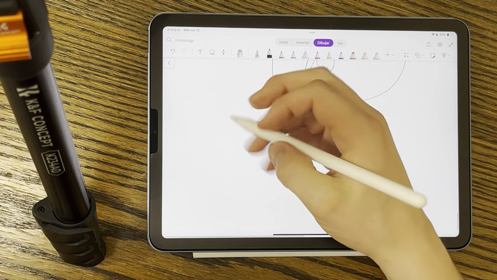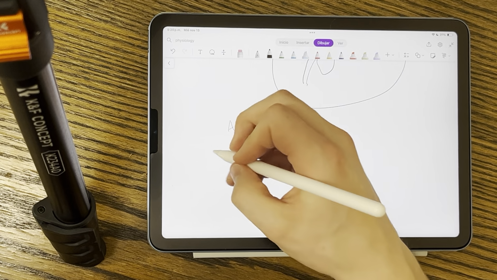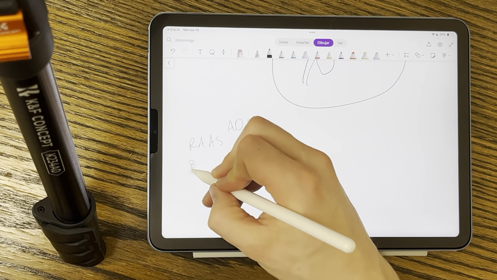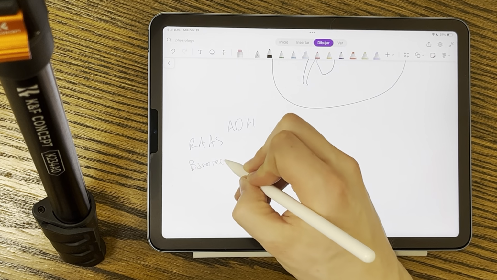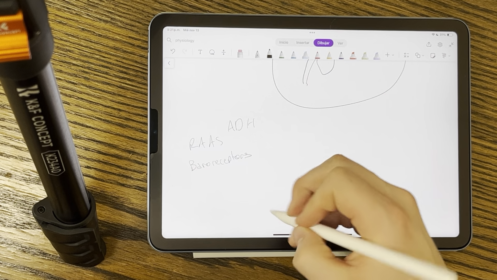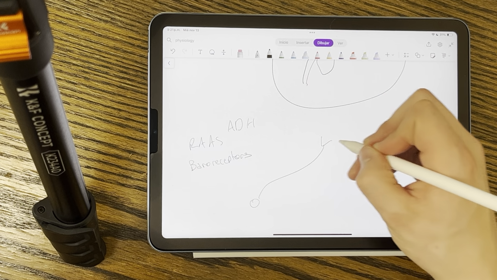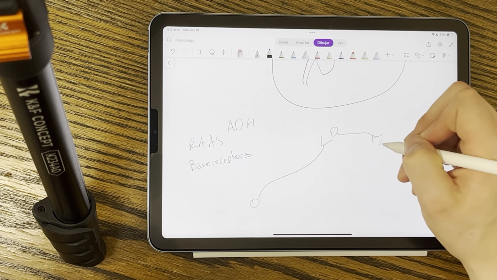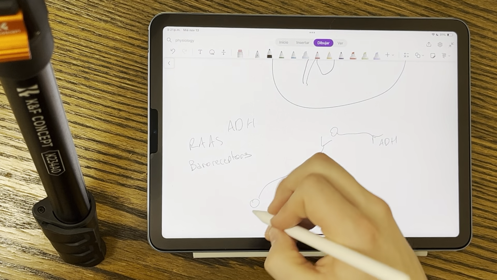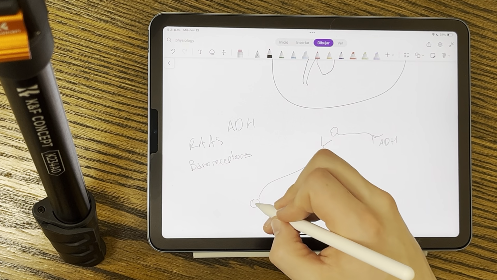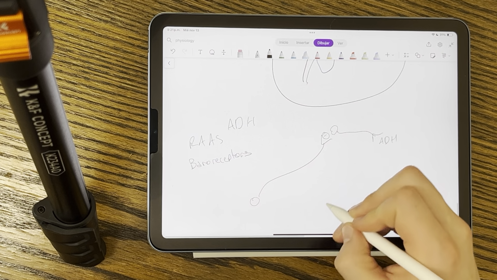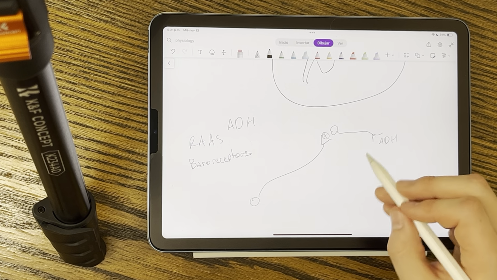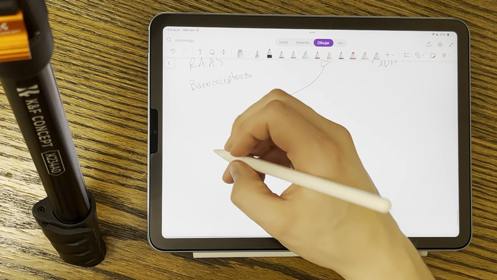So ADH can also be regulated by the RAS system, which was the one we just went through, but it can also be done by baroreceptors. So baroreceptors will send a neuron to the pituitary gland, which will release ADH. However, if the baroreceptors are stretched, it will send an inhibitory signal. And if they aren't stretching, it'll send a positive signal to release more ADH. And the other thing is